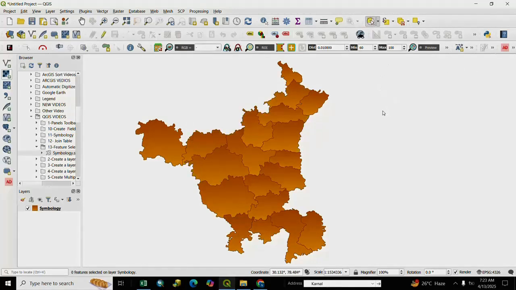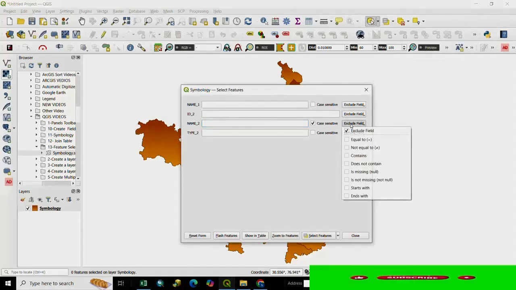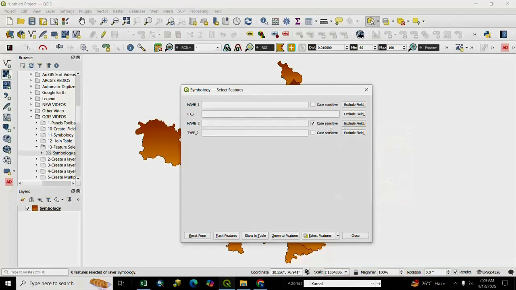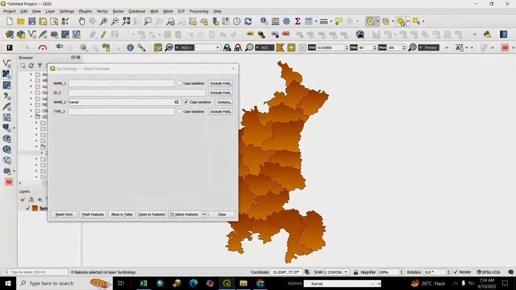and if you want another way of selection, you go to select feature and select by values, you click here expression field as per your requirement, we select here and we write here name, we write here name Karnal. After it we click select feature and we see here our feature is selected, unselect it, close it, we